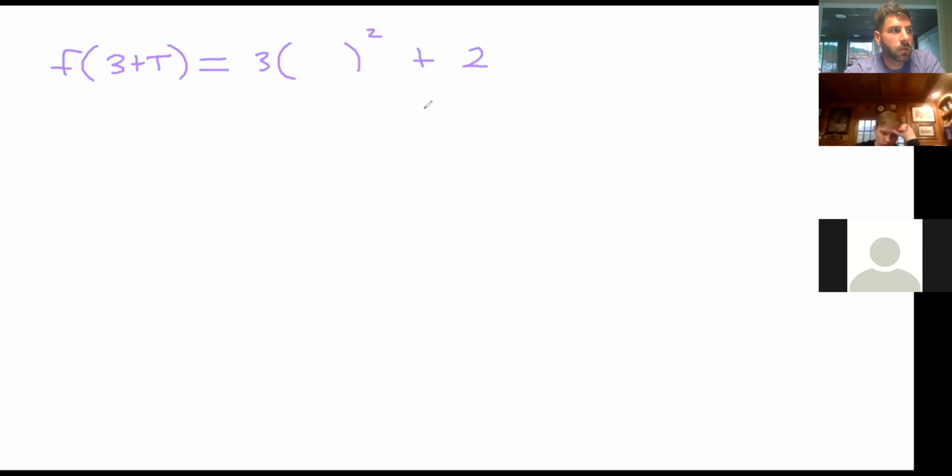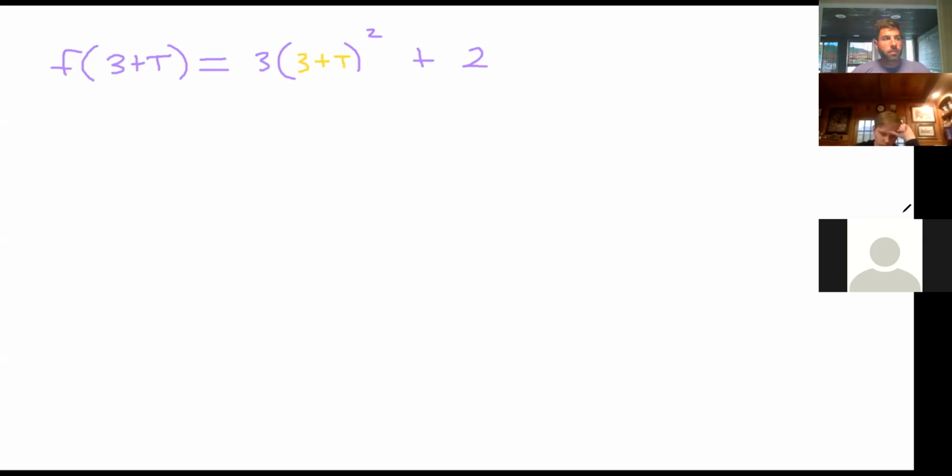What happens now if we up the difficulty level, and instead of putting something like 5h in, what if I said, okay, let's do 3 plus t? So what is this going to mean for us? Well, the function we started with was 3 times its input squared plus 2. So what's my input? My input is 3 plus t. So I'll write that in yellow just to emphasize what's happening here. Okay, so when I plug this expression in, when I compose f with this new expression 3 plus t, this function, if you will,